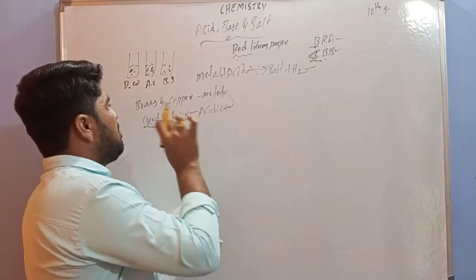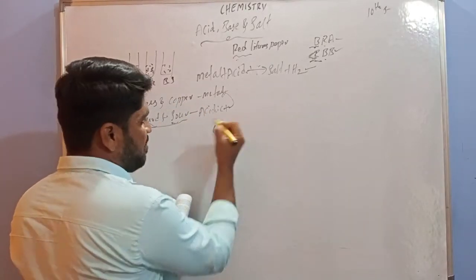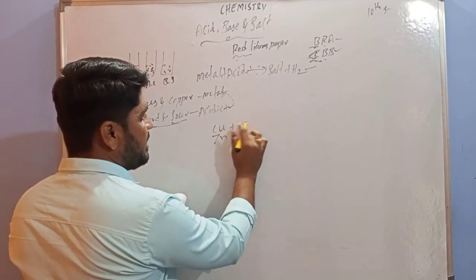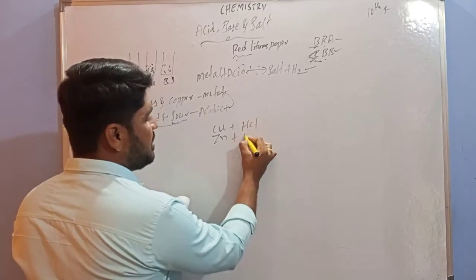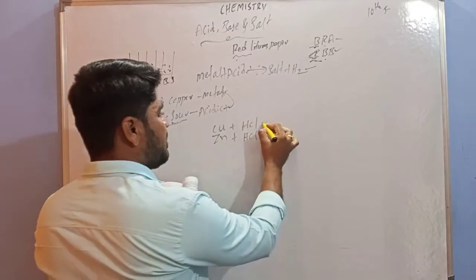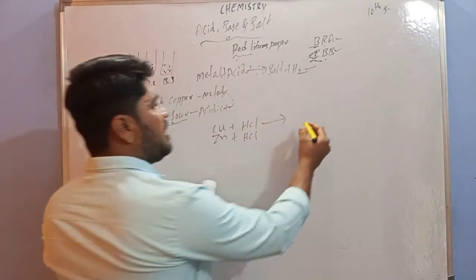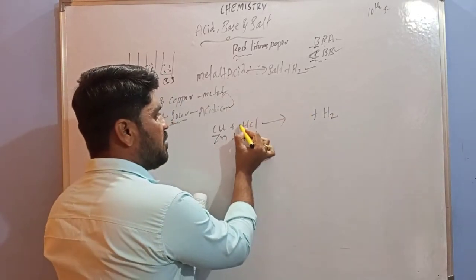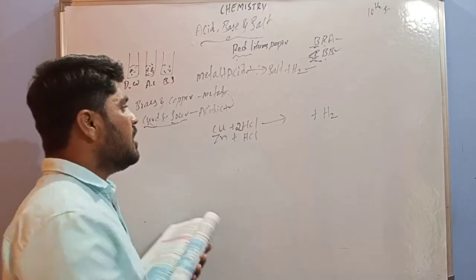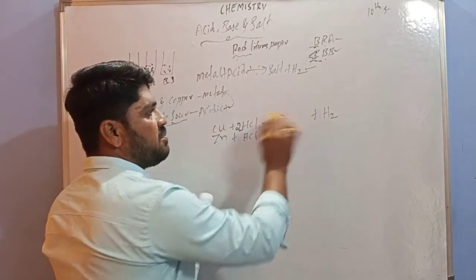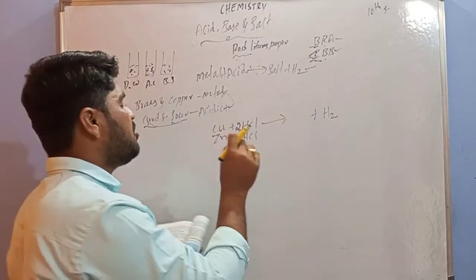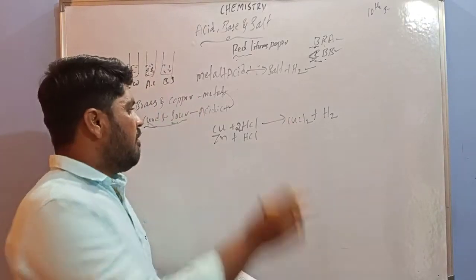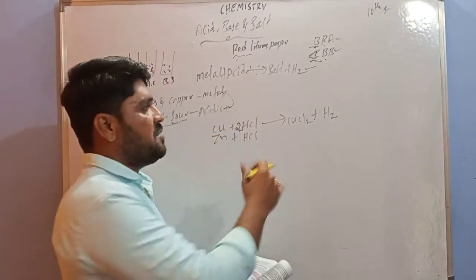First I am going to take a metal, simply copper or zinc. This reacts with the acid, that is HCl. What is the product? The gas liberated is hydrogen gas. Here H2 is there, so for balancing I am taking a 2 here. Here 2H, here 2H, balanced. The salt you have to identify is CuCl2, copper chloride. When metals react with acid, they produce hydrogen gas.